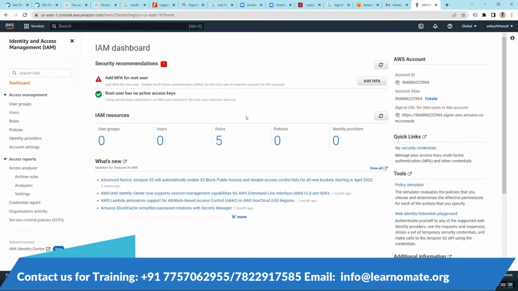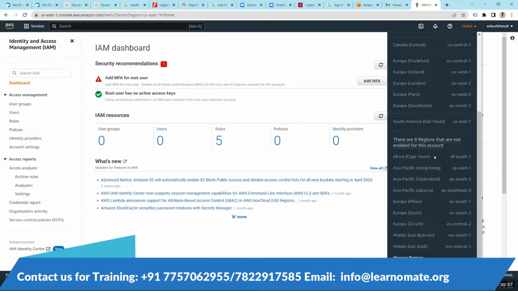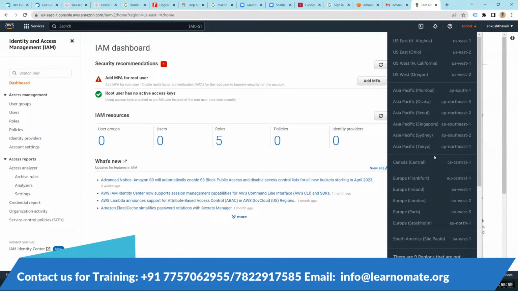So you see, as soon as you switch to the IAM service, the region went to global, right? If you click on global, can you click on global, Gaurav? Yeah, right top. So you see all the regions are grayed out. That is because IAM is a global service and it is not linked to an individual region. Okay. So when I say a global service, it might be storing somewhere, right?